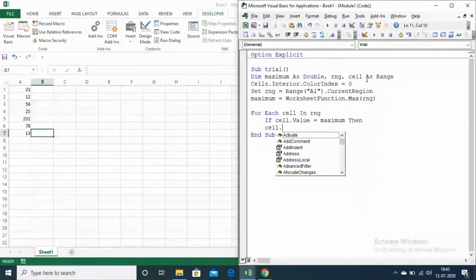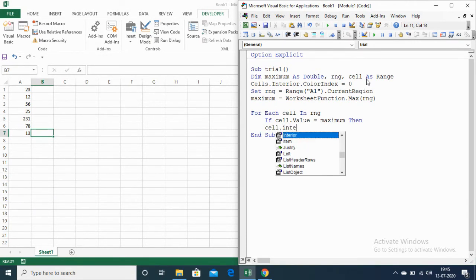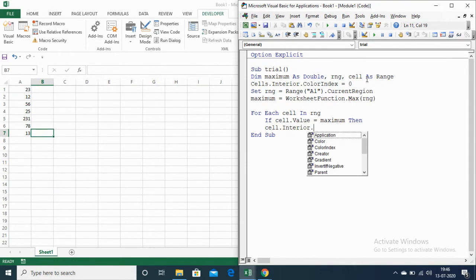So cell.Interior.Color equals vbRed, and End If, and Next cell.